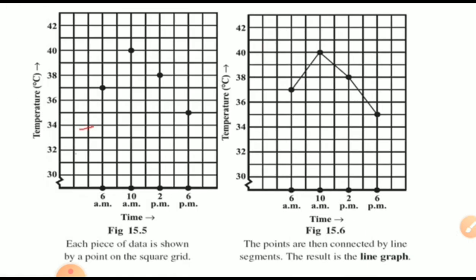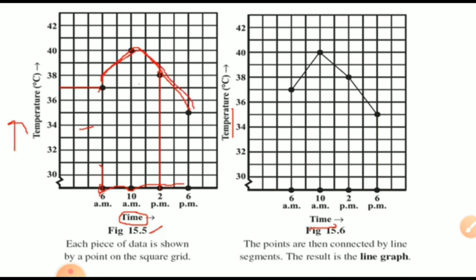Here are both graphs. First we put dots for the particular time periods. Here also a zigzag line on the y-axis: 30, then after 2, each and every 2 gaps are 2 units. It's called the unit or scale. After putting the points, you can just draw the line with the help of a scale. This is called the line graph.